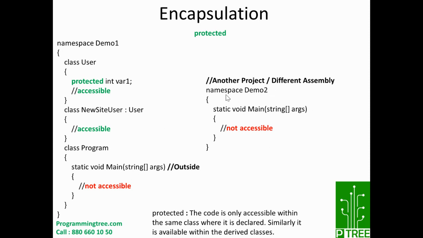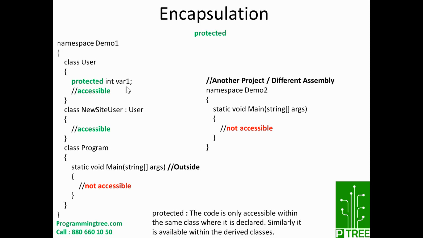So it means that whenever you want to share some variable within the class and to the derived classes, you will be declaring the variable with the protected access specifier. So the protected access specifier makes sure that the variable or the property or whichever member is declared with protected is accessible within that class and within derived classes only. So this is how you can deal with the protected access specifier in object-oriented programming.